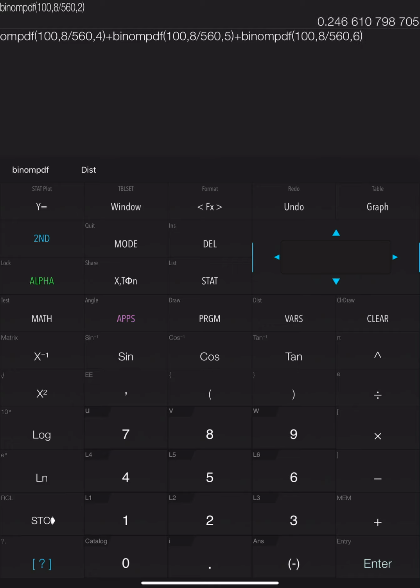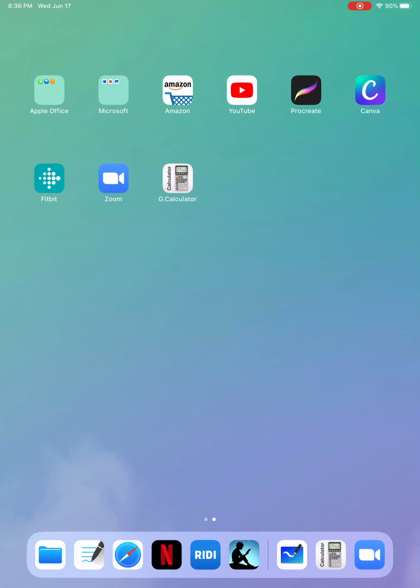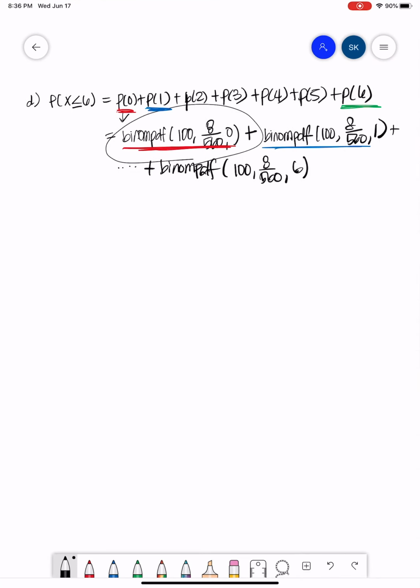Remember, we're expecting a number a lot bigger than the previous answer, 0.2466, but less than 1. We have 0.9994, rounding to the 4 decimal place, and that seems a reasonable answer. So I'm going to write down over here, the answer that we got was 0.9994. Okay. Now, that wasn't too bad because the calculator calculated each one for you,